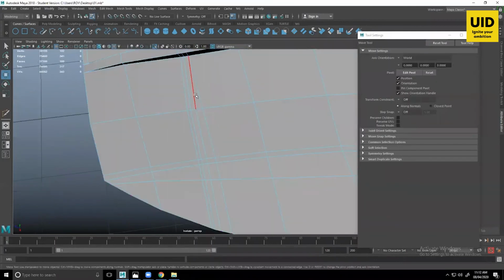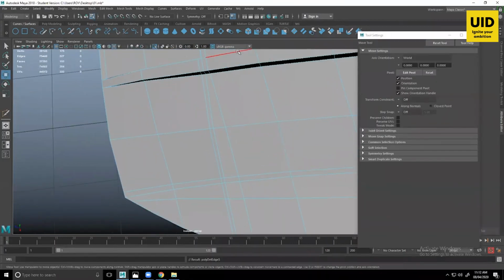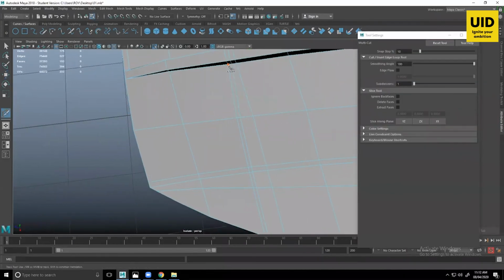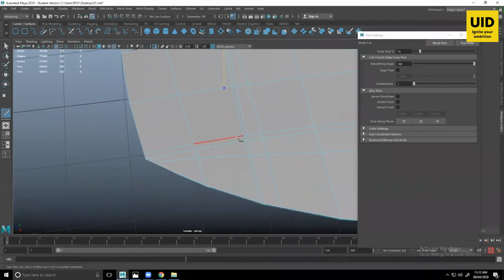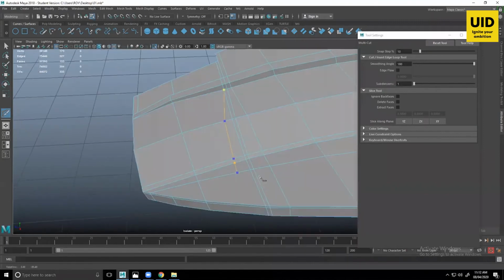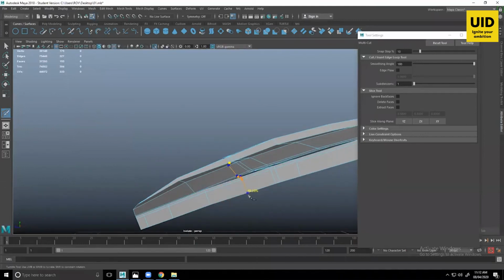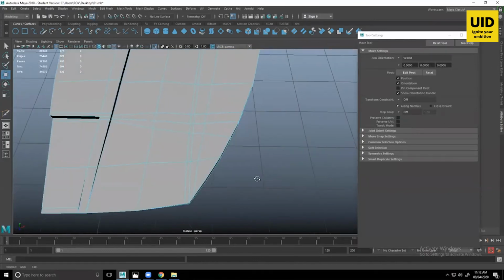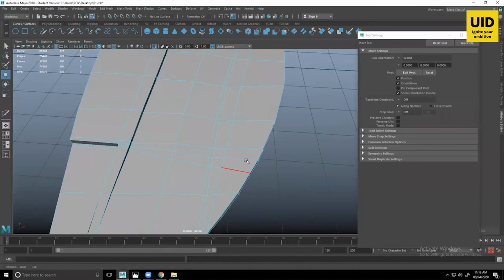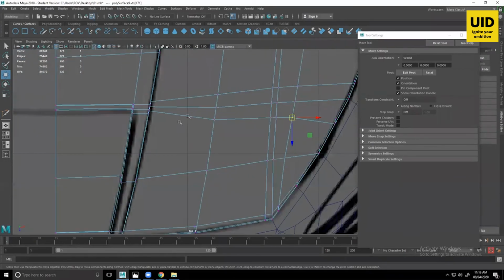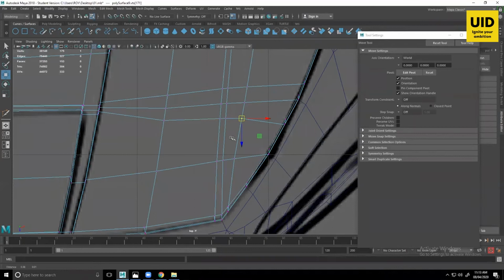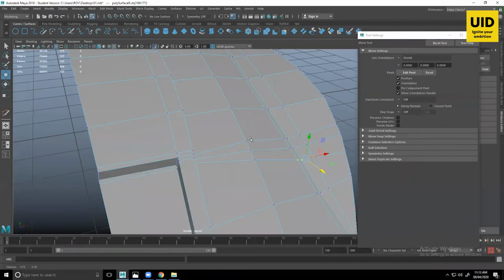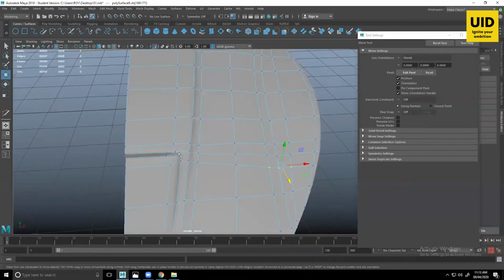So अब मैं क्या कर सकता हूँ, ये जो edge है ना इसको delete कर देता हूँ. So this edge is now continuing from here. Similarly, we'll take my multi-cut tool and यहाँ से इसको दूर कर देते हैं. And I can select this edge and delete. So now they are far apart from each other. So you can come here and later you can just maintain the edge flow a little bit better. Press 3. Now you can see we have a sharp line over there.